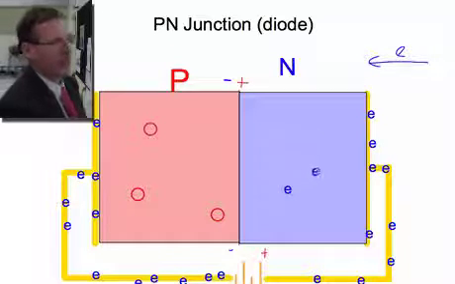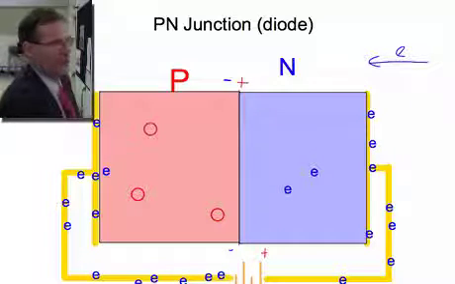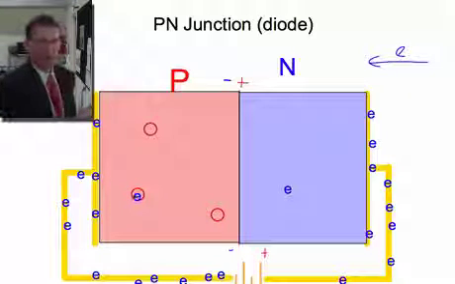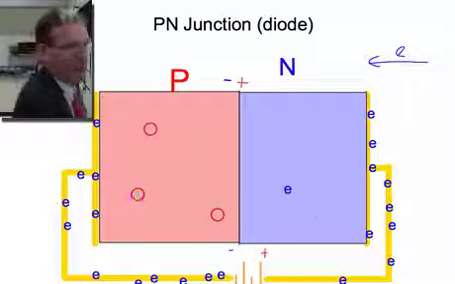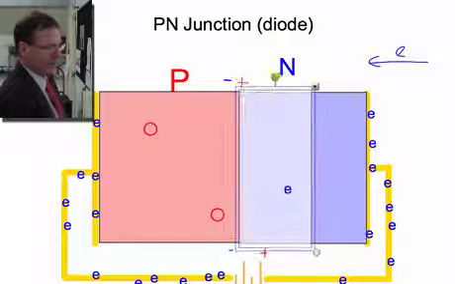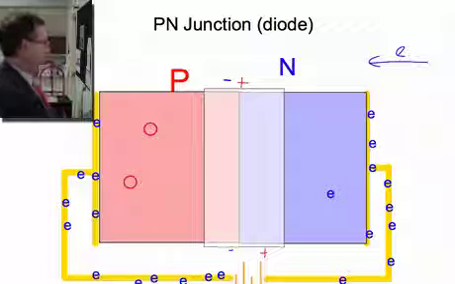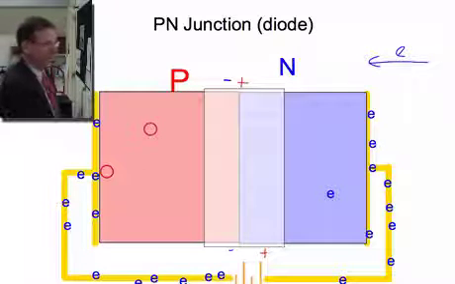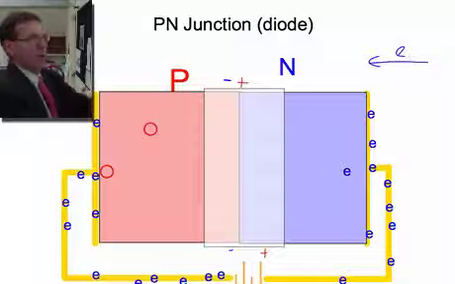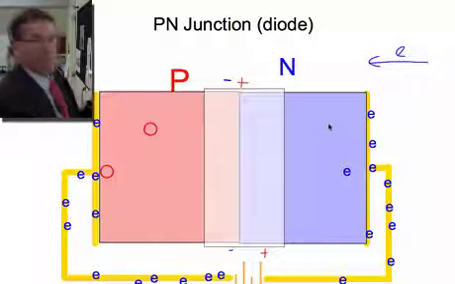And over here, we're pulling electrons out of it, okay, because remember, we're sucking those electrons and pumping them onto this side, pushing them into here. So now I've got fewer electrons over here than I had before, and the electrons are coming around and filling up holes. So now they're no longer existing as free charge carriers. Can you see what's happening to my depletion zone? It's getting wider and wider and wider, okay? Because the holes are going to migrate in this direction, because that's the negative side of the terminal. Electrons are going to migrate in this direction because that's the positive terminal that's connected to the battery. So our charge carriers are migrating to either side of the PN junction,